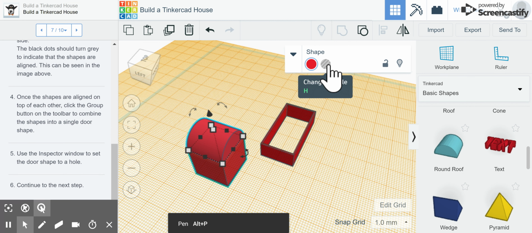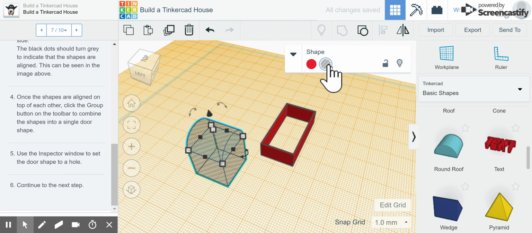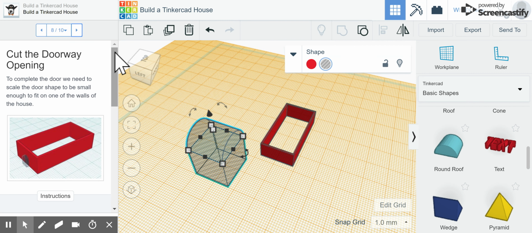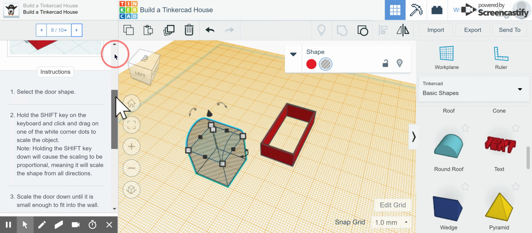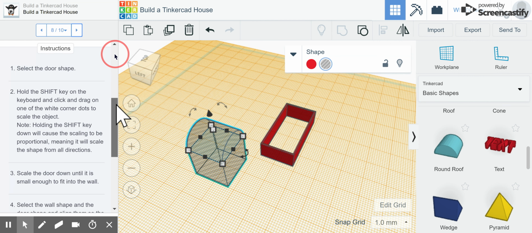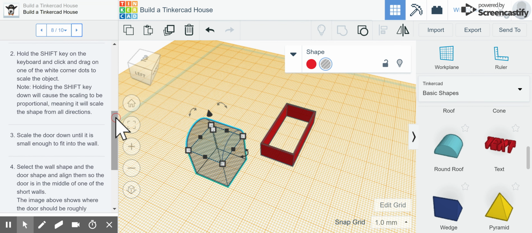Then we're going to come up to the tab here to make it into a hole because we want to take that space out of the wall. And then we're going to click over to our next page where it tells us we're going to cut the doorway opening. So we scroll down here and it says to select the door shape, and then to hold the shift key